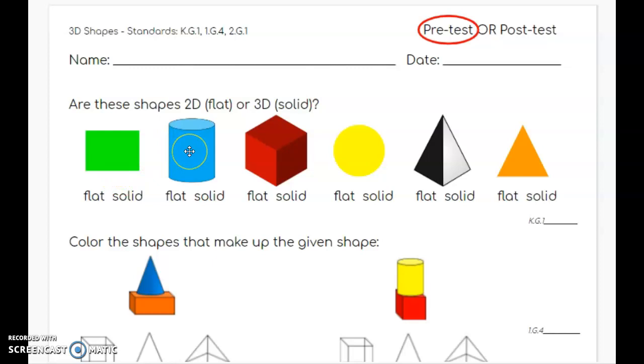Next I have a cylinder. Is the cylinder flat or solid? I have a cube. Is that cube flat or solid? I have a circle. Is the circle flat or solid? I have a pyramid. Is the pyramid flat or solid? And I have a triangle. Is the triangle flat or solid? Make sure you've circled only one choice for each of those shapes, and then we can go on to the